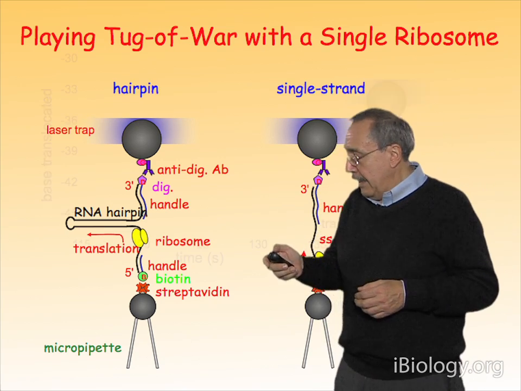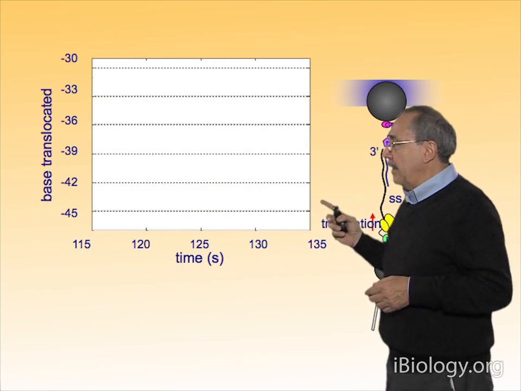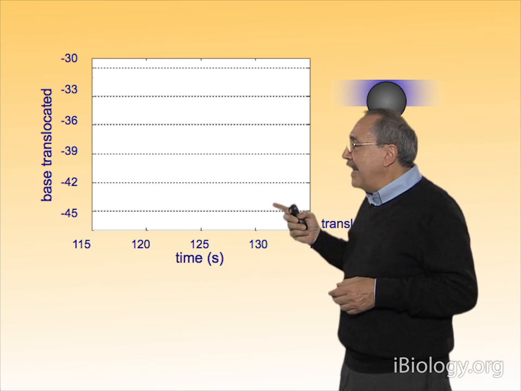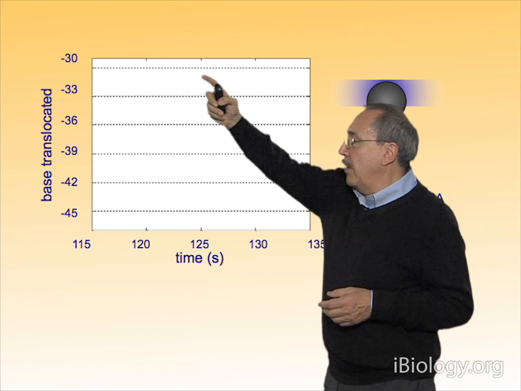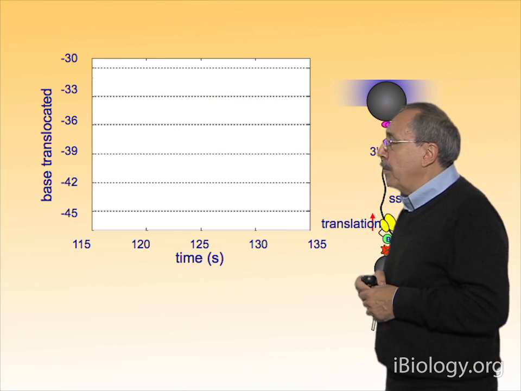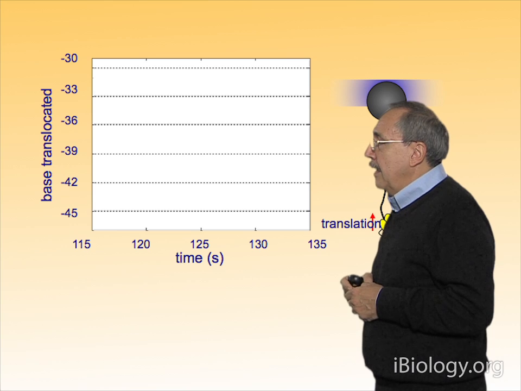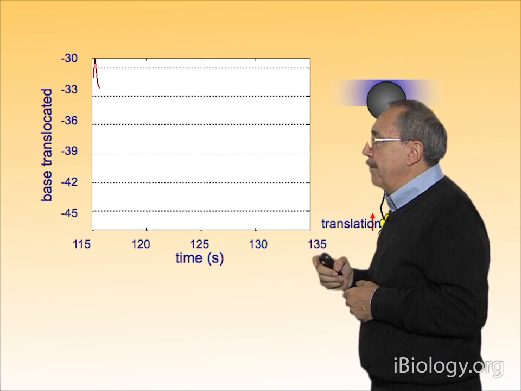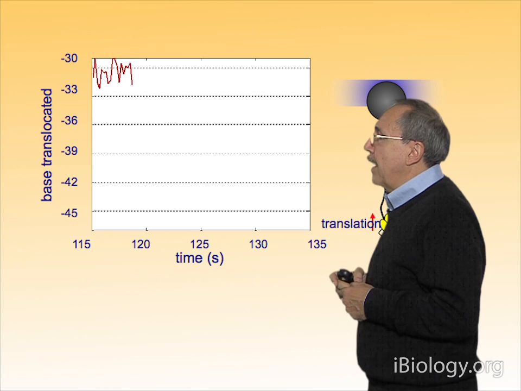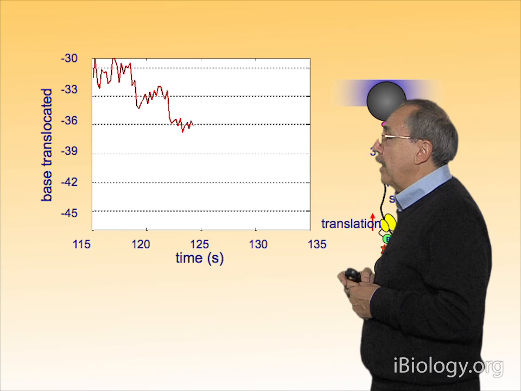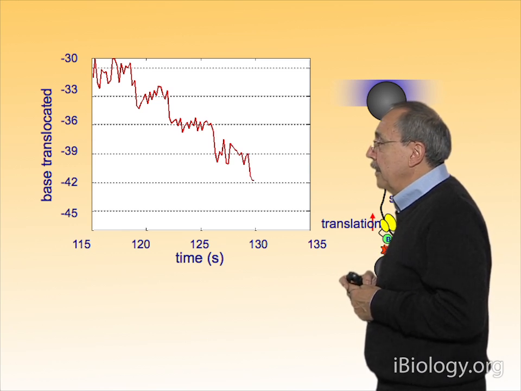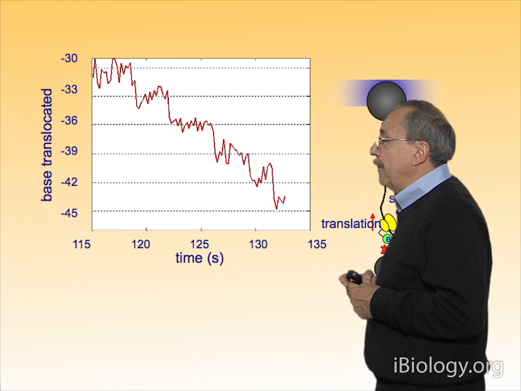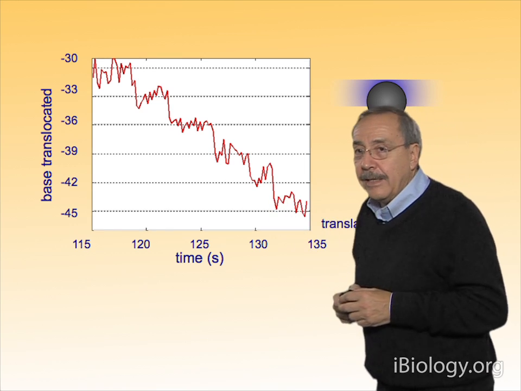Okay, and so in the next slide, you are going to see a movie of that situation. In fact, here it is. And now the dashed lines are separated by 3 nucleotides, as before, and you will see that it will start here, and you will see that, in fact, it is possible to follow very precisely by double-clicking here. You see that the ribosome starts there and now makes the transition to the first 3 nucleotides, then another 3 nucleotides, then another codon, here it is, then yet another codon. So you can see that, in fact, it is possible to follow in real time a single